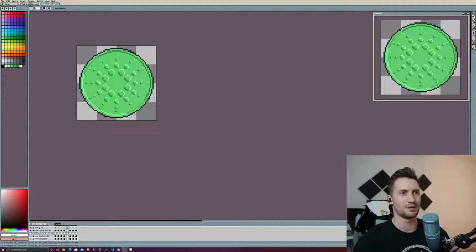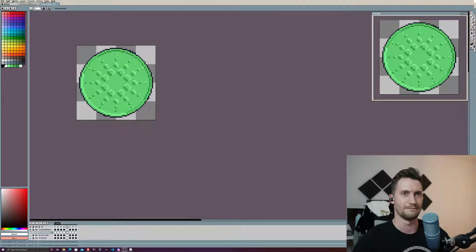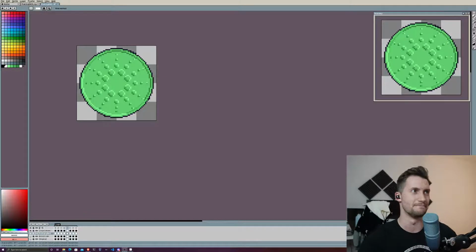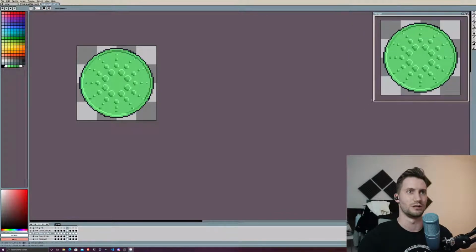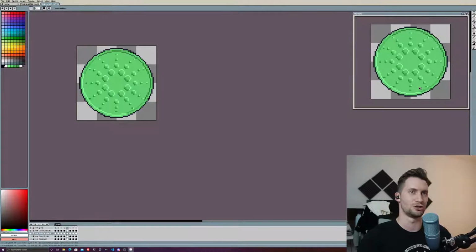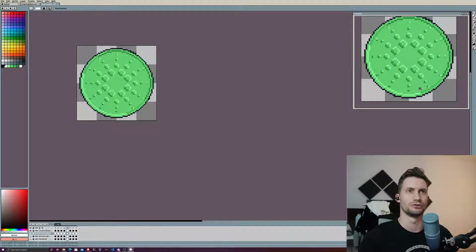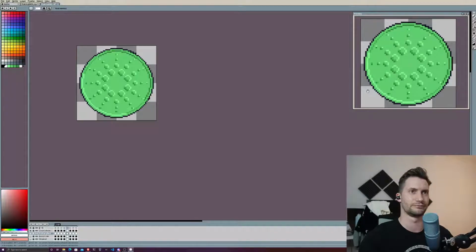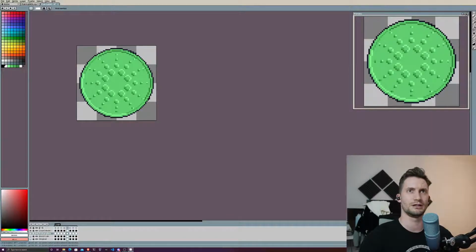So basically, I'm going to be using Aseprite. And for those who don't know, Aseprite is a bit of pixel art software. And it's really cool because you can do animations with it, right? So I've got this up in the top corner here, this window here. And this is going to be my animation window. So I'm just going to zoom in a little bit on that. And I'm just going to hit play.